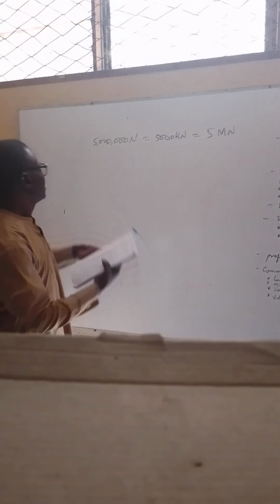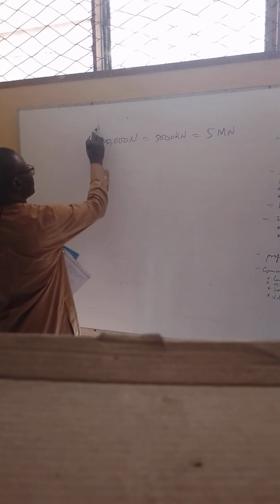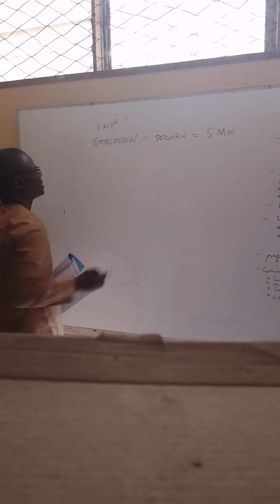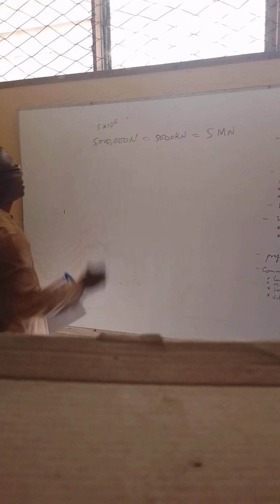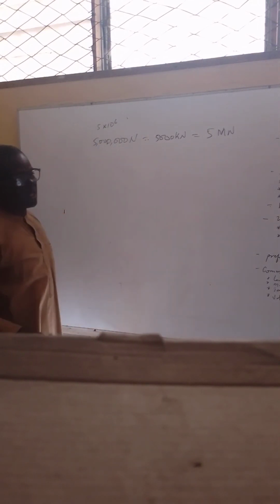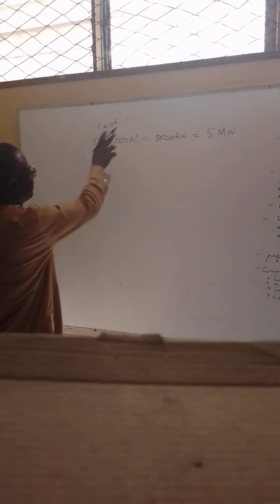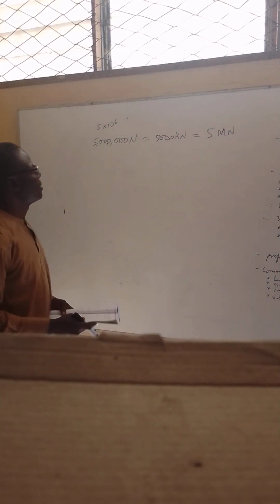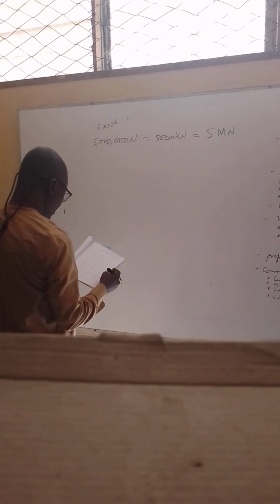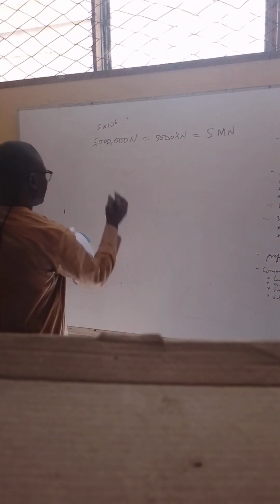So the difference, this is by 5 times 10 to power what? 6, isn't it? That's it. And here it is milli. So we have 5 meganewton at last. And then we have another one, let's say